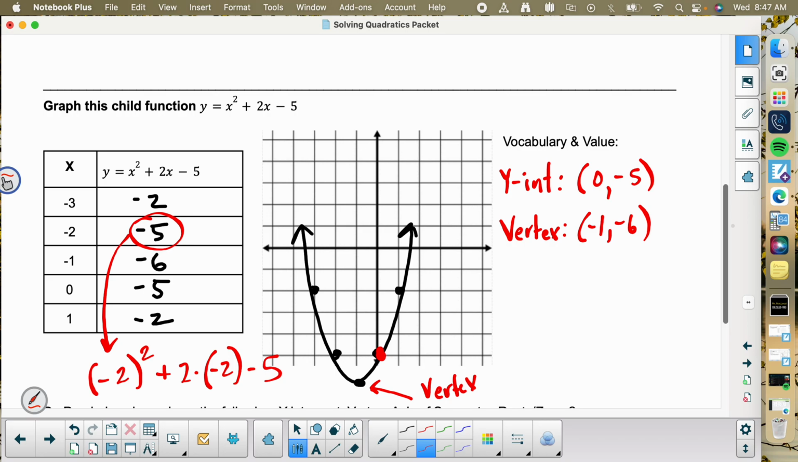Do you remember how to find the x-intercepts? The y-intercept is where the graph touches this line. Do you remember what the x-intercepts are? Perfect. It's where your graph touches this line. So, the annoying thing about this,